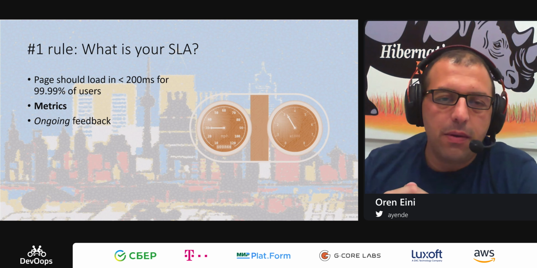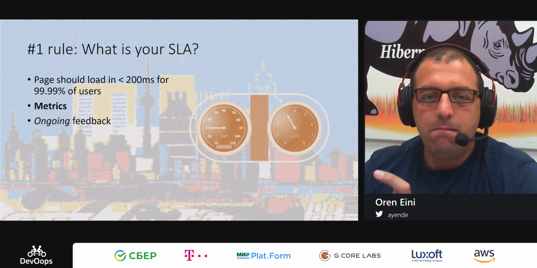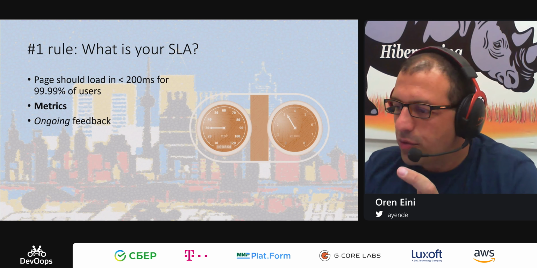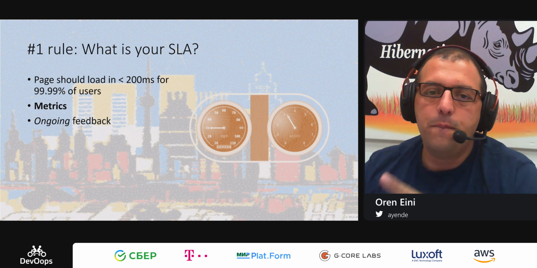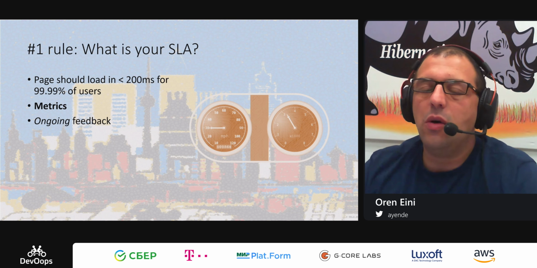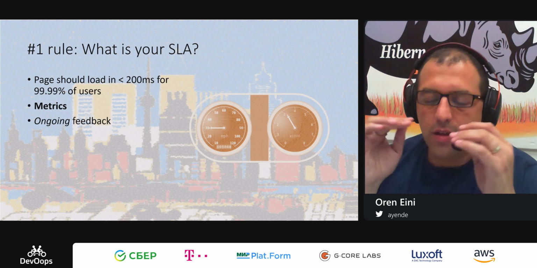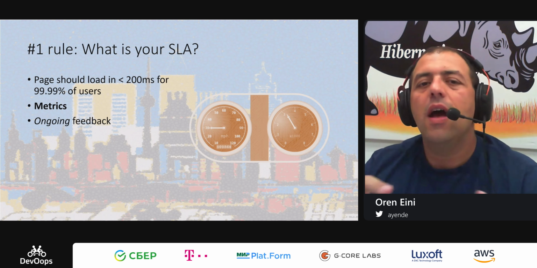Now, a really good example of that is when you have this statement: page load in under 200 milliseconds for 99.99% of the users, which means that one page load out of every 10,000 is allowed to exceed 200 milliseconds. This is expressed in terms that I like. Why is that?